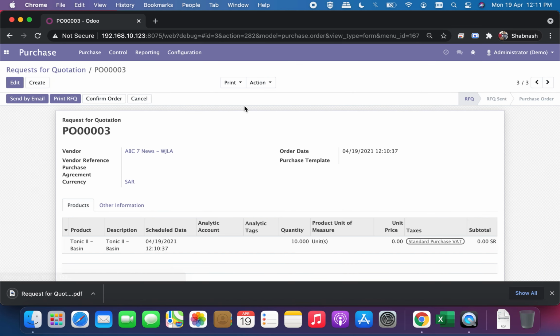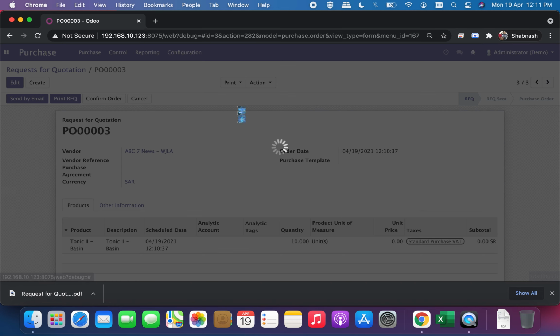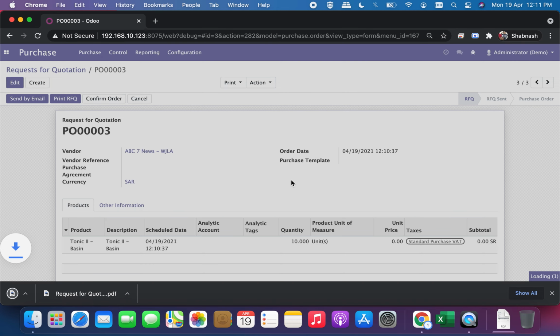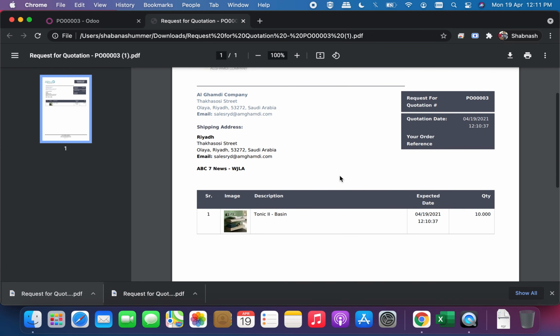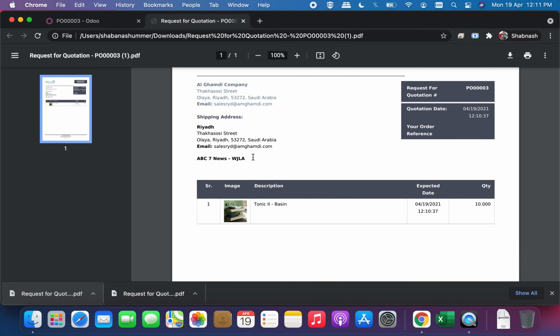Now, once the RFQ is created, I can click on this request for quotation button here. So when I click on the request for quotation, basically it creates an RFQ form for you where you can see that this is the product I'm looking at, this is the company's name. I've not filled in all the details, and I'm telling that I need this item on this expected date.